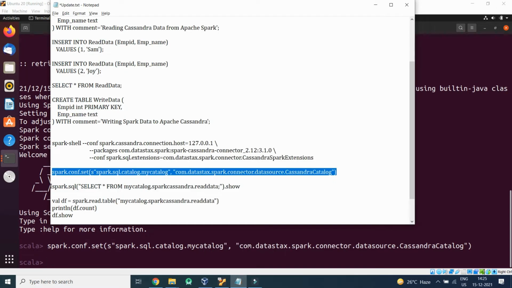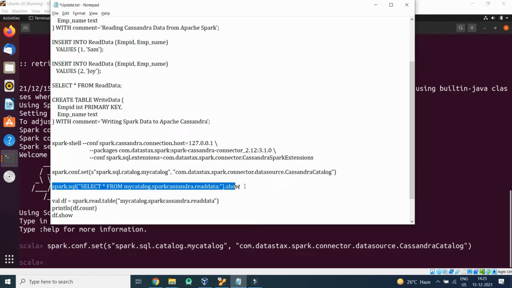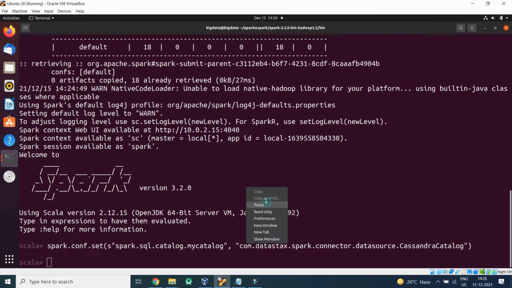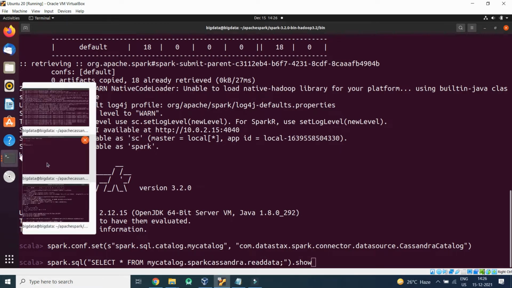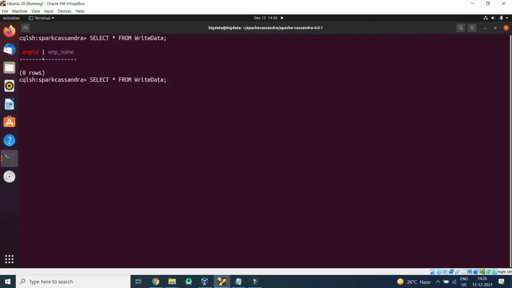Now what I will do is write a query: spark.sql, select star from myCatalog.spark_cassandra.read_data, that is the table which we created.